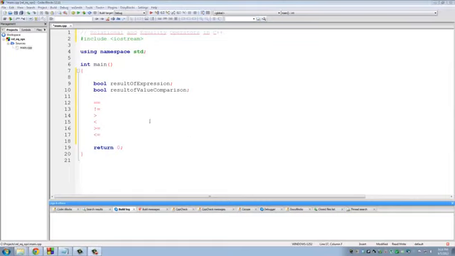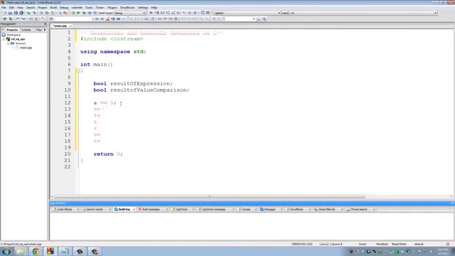Now the only operator here I want to put a special emphasis on is this one right here, the equal to operator. Now this looks very much like the assignment operator, but the assignment operator only has one equal to sign. Okay, so if I say A is assigned to 5, what that does is that assigns the value 5 to A. Okay, but when I say A is equal to 5,